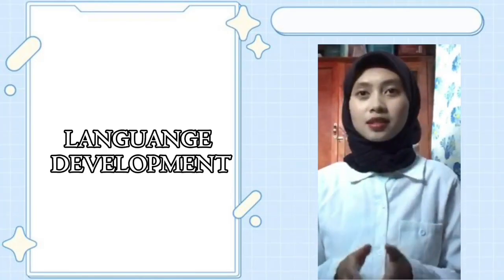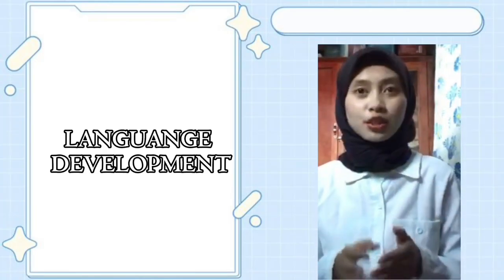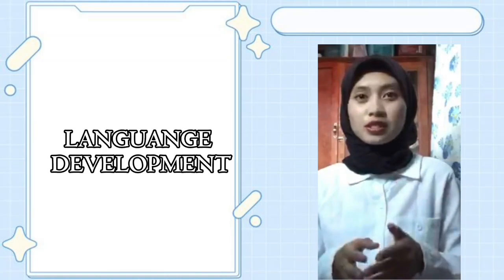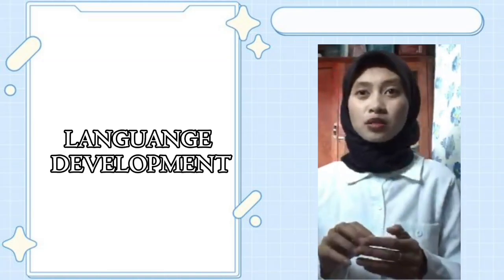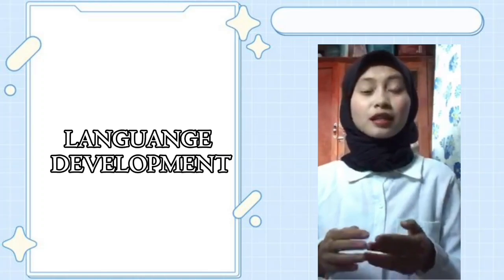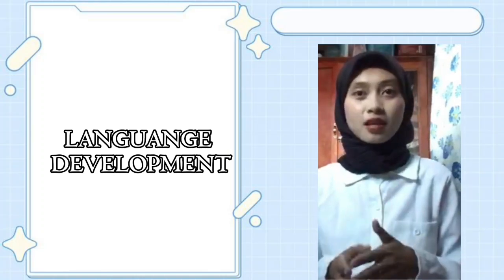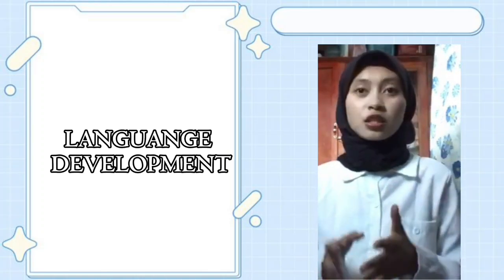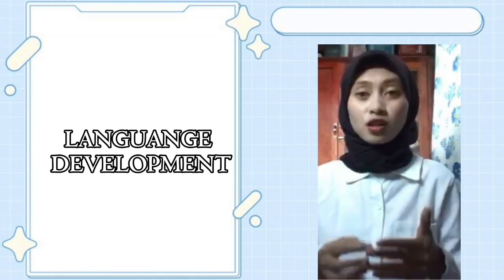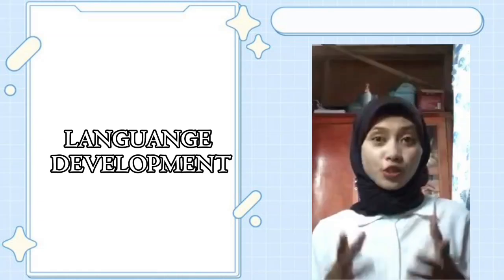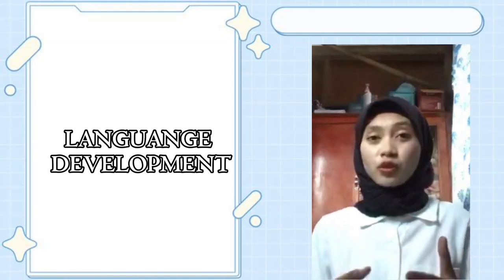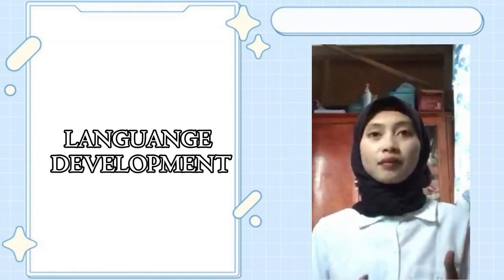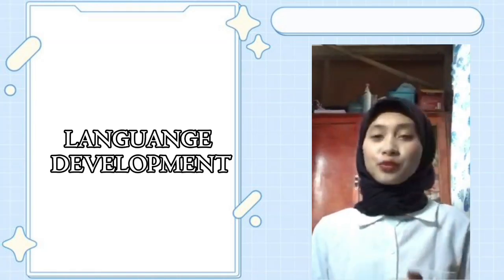Language development is the process where a child learns to understand and use words to communicate. It starts when babies make sounds or babble and continues as they grow and learn to form sentences. Through language, children can express their thoughts, feelings, and needs. In short, language development is a key part of a child's growth because it helps them think, learn, and communicate